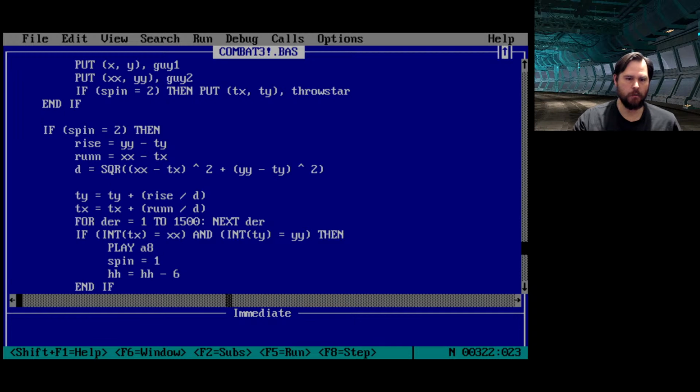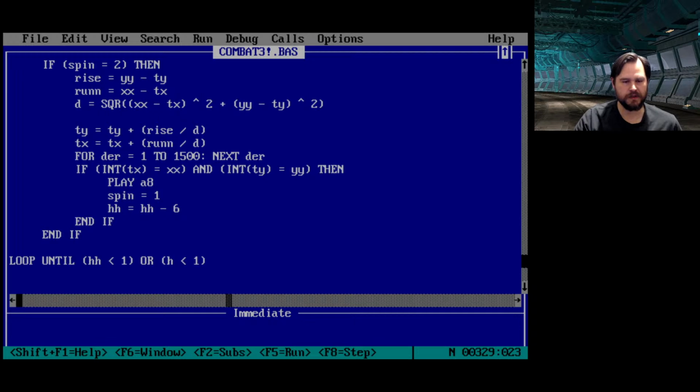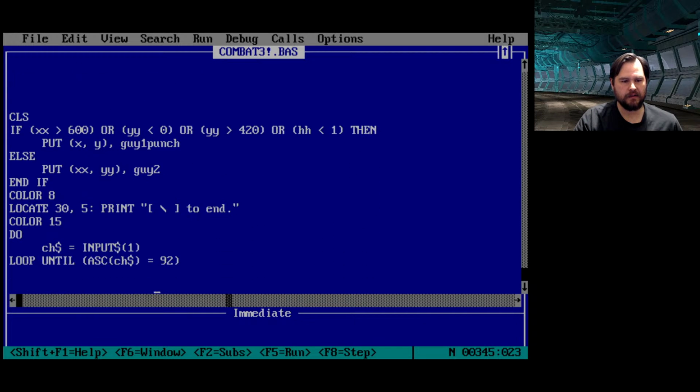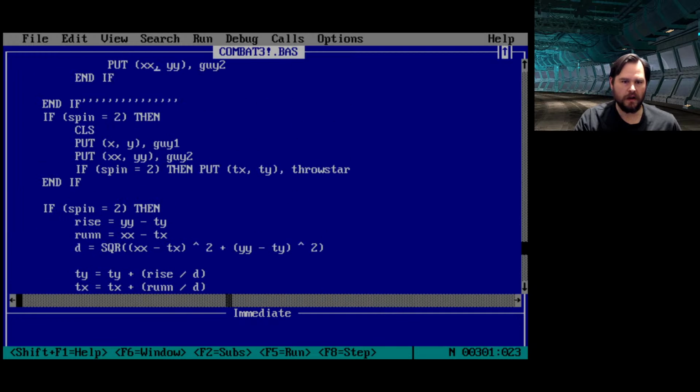Spin is now back to 1, and your hit points get decreased by 6. So that's fine. And then you loop until one of you is dead. And you do all that, and everything's back to normal. So, okay, let's